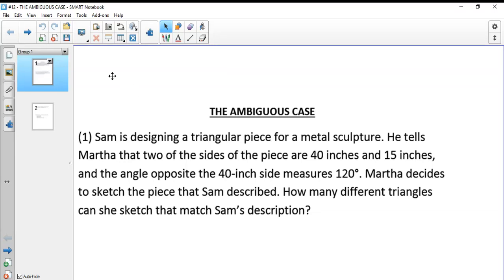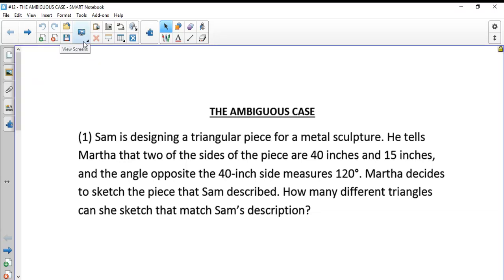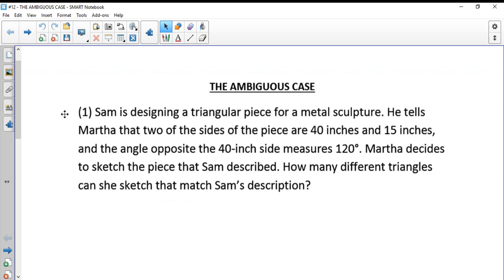So on to our next set of notes on the ambiguous case. I did print off a blank set of note sheets, or I shouldn't say print off, but I inserted them into Classroom so you'll have these as well, so you can now copy down notes, which probably would have made a lot more sense to have been doing all along. But I did insert a blank piece, so if you wanted to print them off, you can write your own